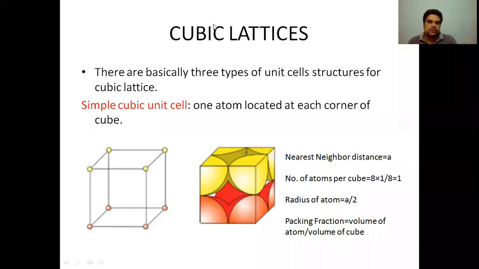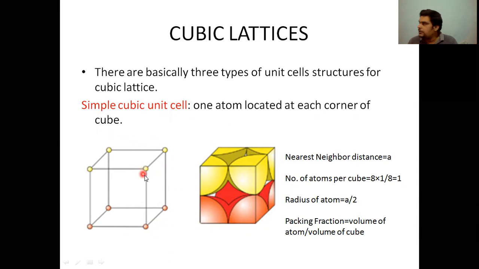A simple cubic unit cell contains 8 atoms, located at each corner of the cube. Here you can see that these atoms are arranged in the cubic lattice like this. Why have we cut this atom here? Because